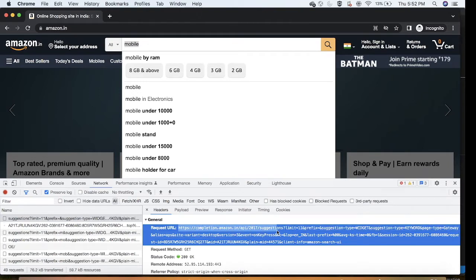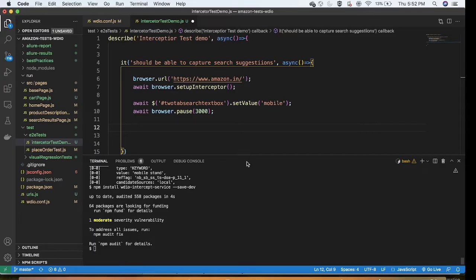What I'm going to do here is copy part of this API, not the whole API, because I only need to check whether the suggestion API is getting loaded or not. It can be any request. So let me copy only part of this request. Then let me write this. What is the assertion I'm going to add? Assertion,